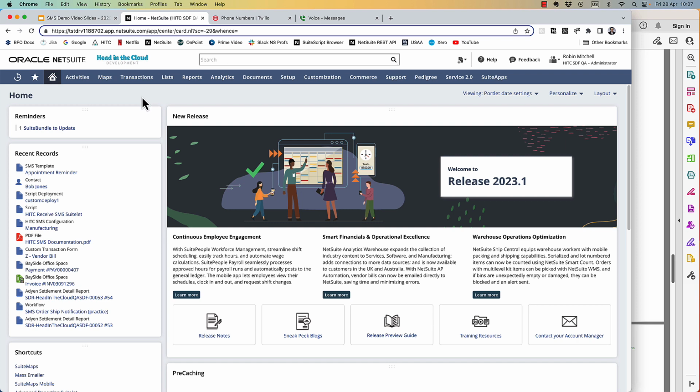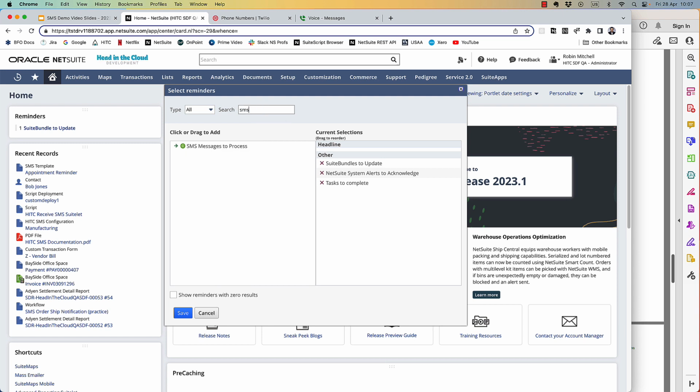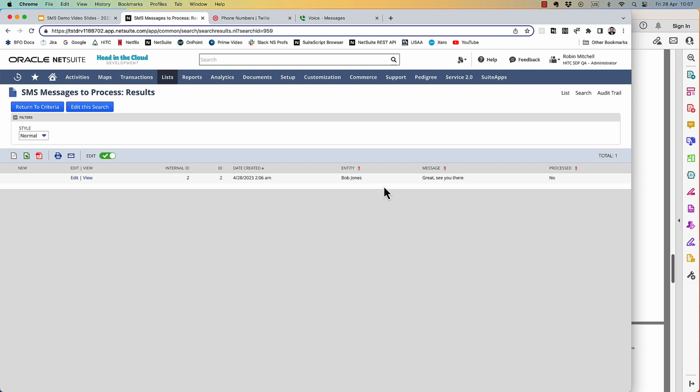But if I want to be notified of SMS messages, I can add a reminder to my dashboard here. Our bundle comes with this SMS messages to process reminder. So I see I got one SMS, I can view this list. Bob says, great, he'll see me there, so I'm going to mark it as processed so it falls off the